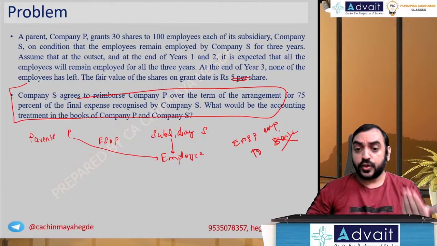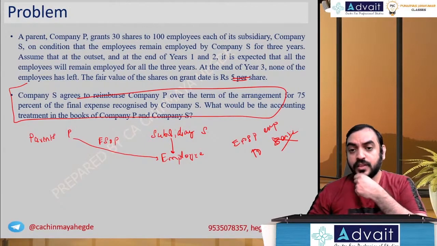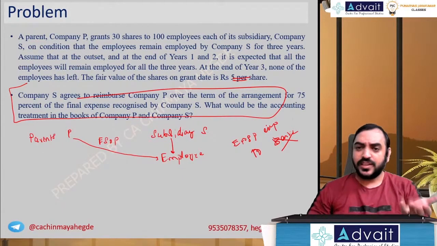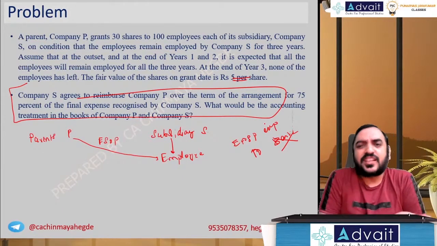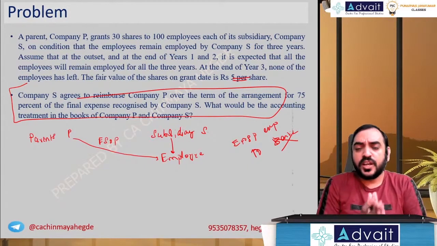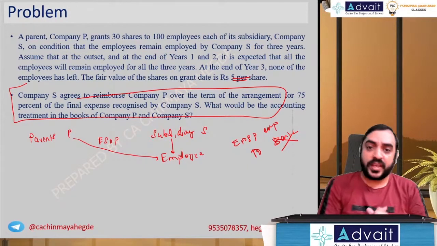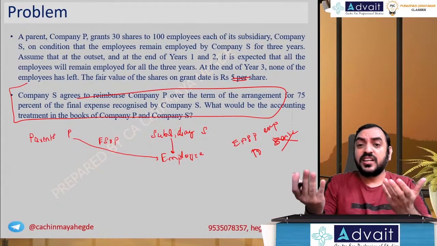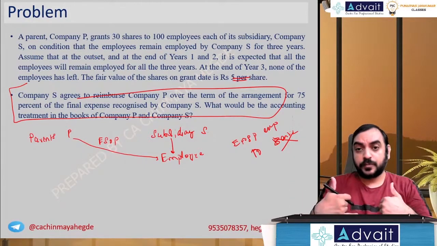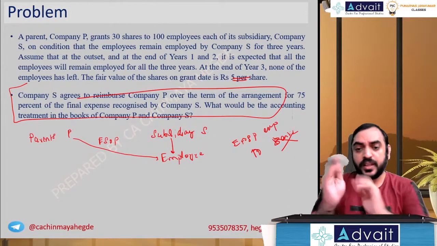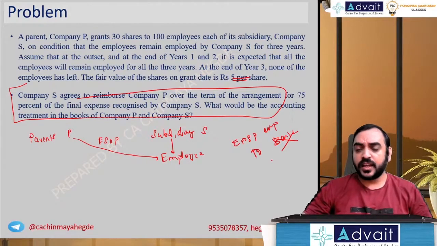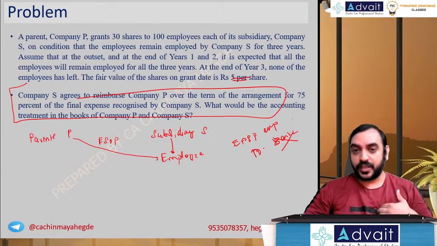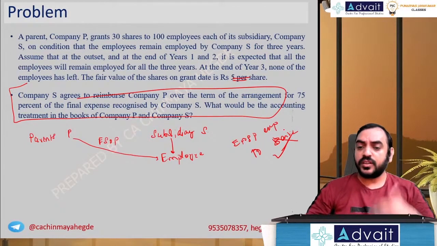Parent is paying, so you write ESOP expense to parent P. Why will the holding company do this exercise? That is because they have an interest in the subsidiary. So therefore, we treat it like this: amount payable to parent P. If the amount is not payable, it's like a benefit received, a contribution received from the parent company. So it will be like a grant received or equity contribution from the parent company. Like that you are going to write for this credit.